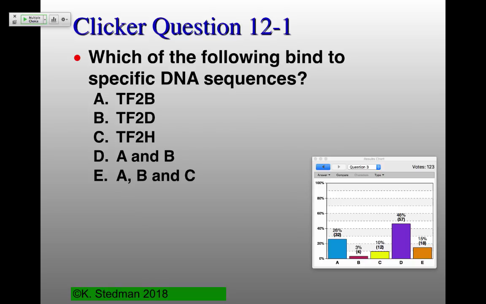What about C, TF2H? How do you remember what TF2H does? Helicase. Does it bind to DNA specifically? I see heads shaking. I also agree. It does not. It associates with the pre-initiation complex. So that leaves us with